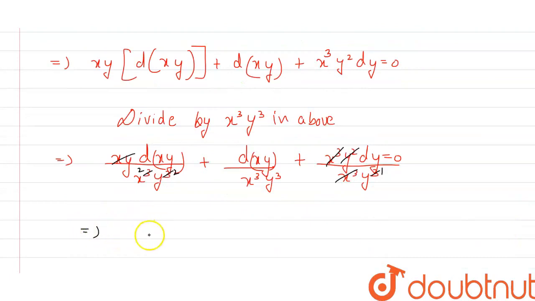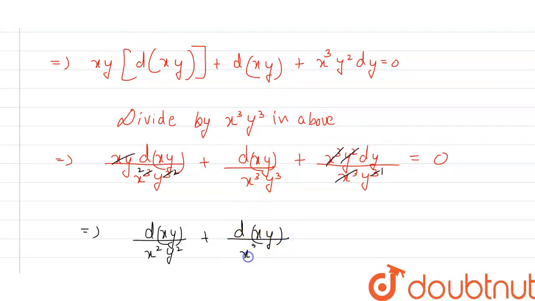So I can write here that eventually we are going to receive this one as d differentiation of xy divided by x square y square here in the denominator. And this part, also let me correct it down here, this should be equals to 0. Okay, so dy equals to 0. So now I can write here that d differentiation of xy divided by